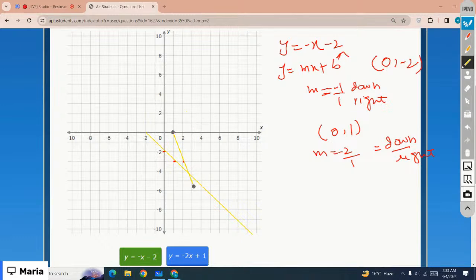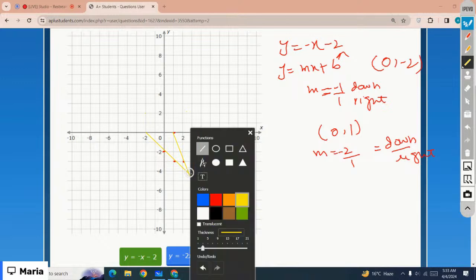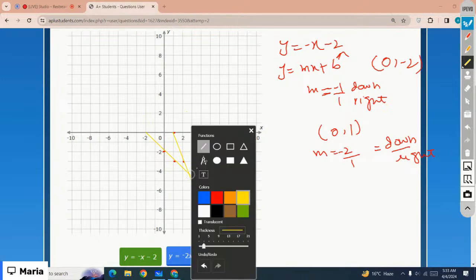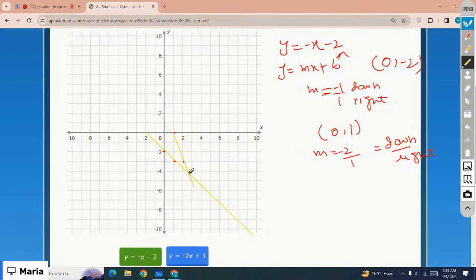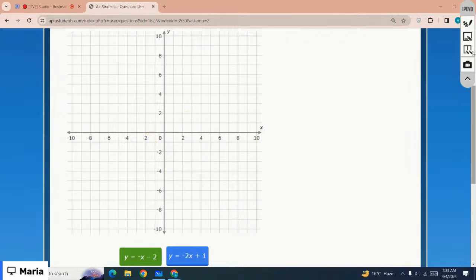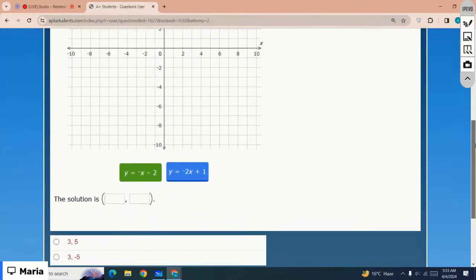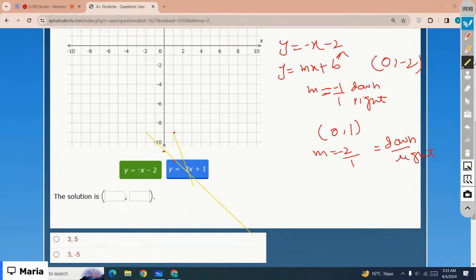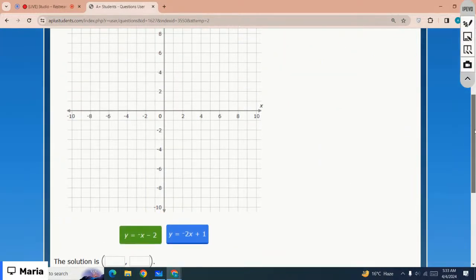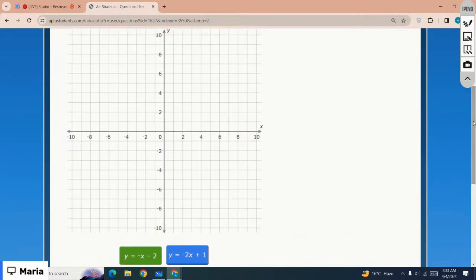Here is the other line, right? So here is the point of intersection, right? I think this isn't the exact point. Let's see, okay, let me see. It may be 3 and negative 4. X is 3 and y is negative 4, right? Let's see, 3 and negative 5 it is, right? Because there is something wrong with the points, because I'm drawing on the board, the graph does not have the exact points, right? So that's why